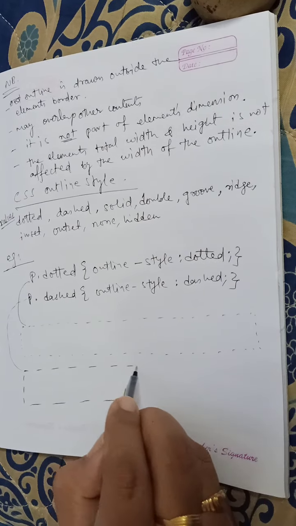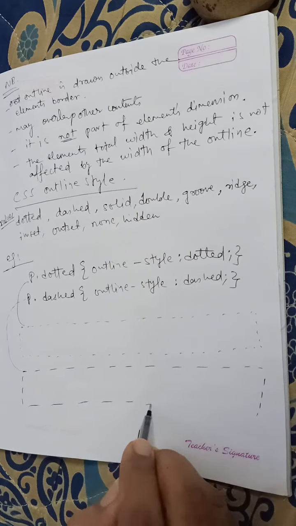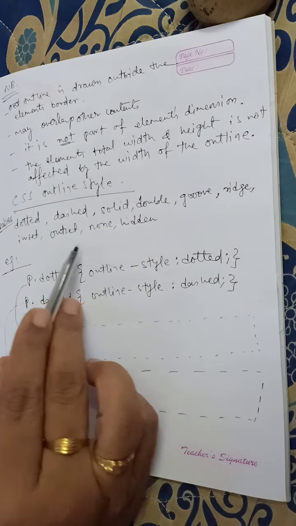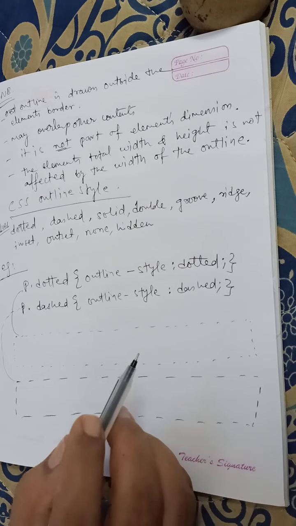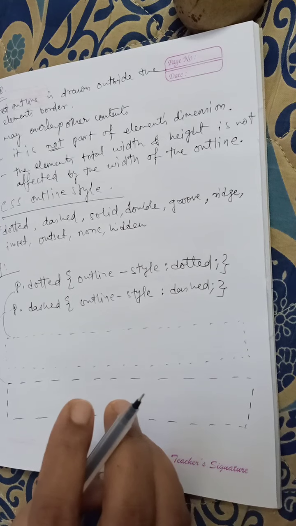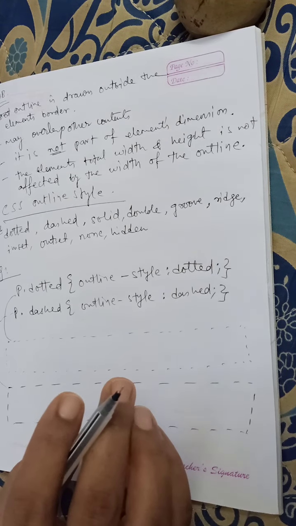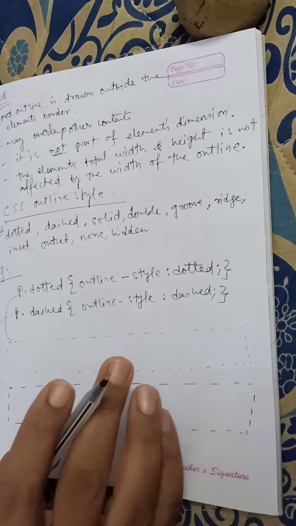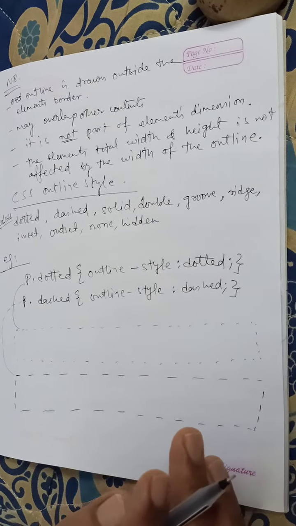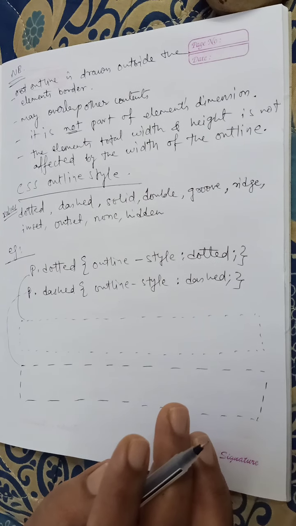So here the outline will be a dashed one. Okay, similarly all these different types will have different outputs. None of the other outline properties will have any effect unless the outline style property is set. Okay,